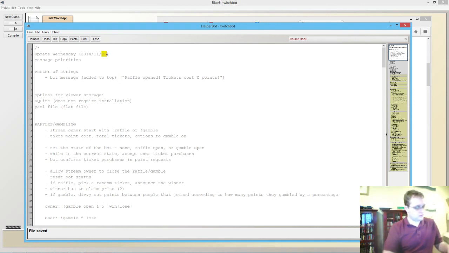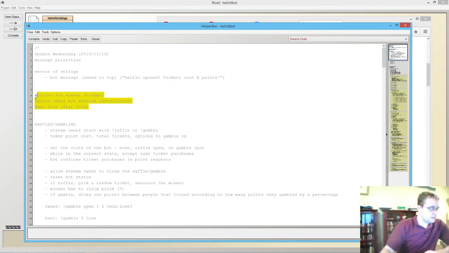So I updated this today. We're coming up on message priorities, which includes our vector of strings and adding things to the top. These two are still options. I'm kind of leaning away from that. The YAML file, I'm positive as to what that is, but I really do like the idea of SQLite, because if people don't have to install a database and have that running in the background,